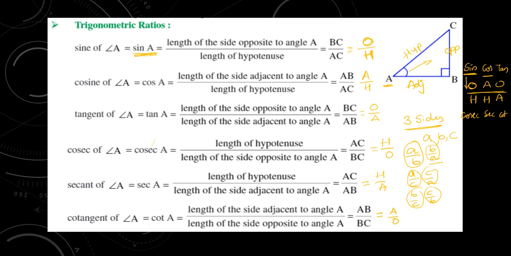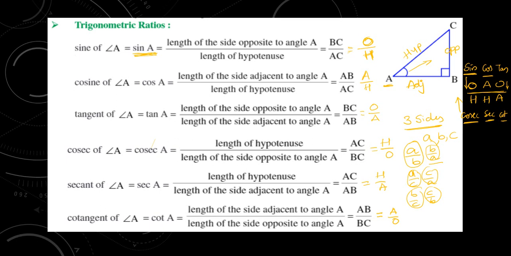If you want cos, so A by H. Tan means O by A. The same way, if you want to find the values of the below ones, then just go in reverse, so from bottom to top. So just remember OAO HHA. If you can frame this table, you can remember the values of sine, cos, tan, cosecant,